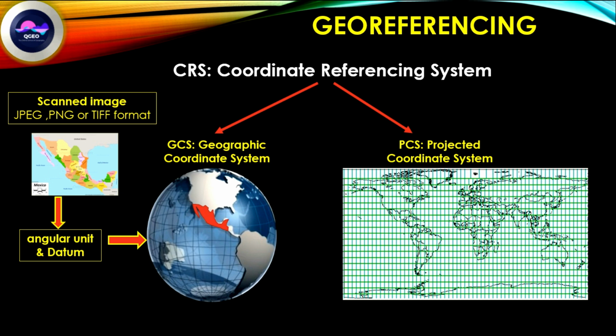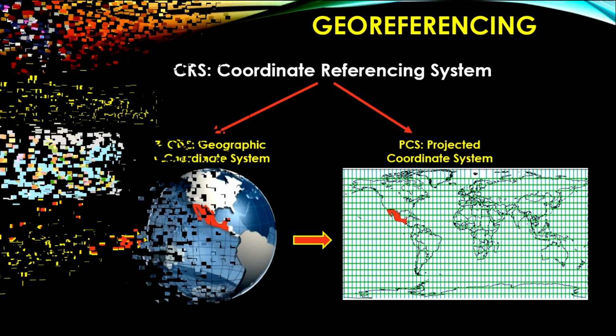That is, the map is placed on the spherical earth, and then after it the map is transferred to the developable surface, that is a plain paper or cloth, in projection, in different projection manner. Here we use the UTM projection, that is Universal Transverse Mercator projection. In this way we complete the georeferencing system.